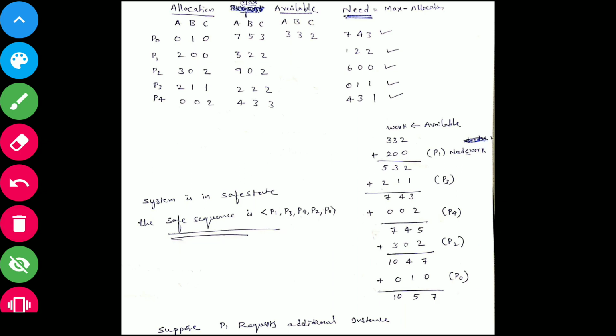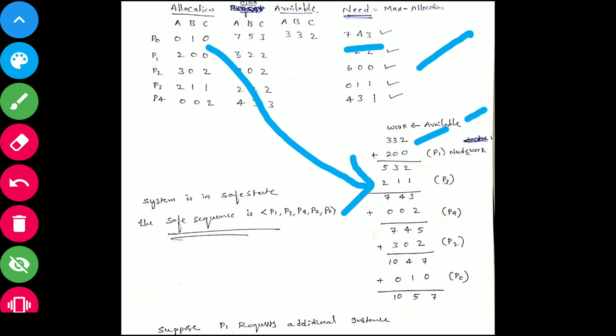So this one part is completed. Now we calculated the need matrix. Then we checked for work. Work is assigned to the available. After that, if need is less than work, then we will allocate this one. Then it will release us the allocation. Then we'll add this allocation to this one.